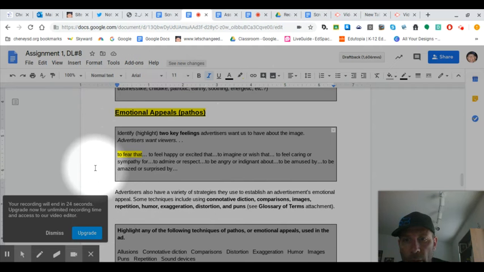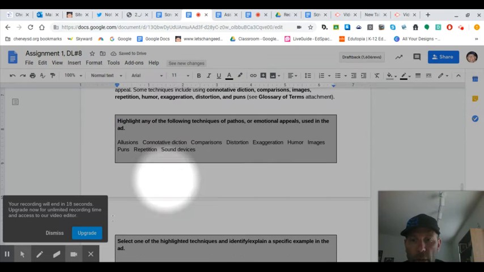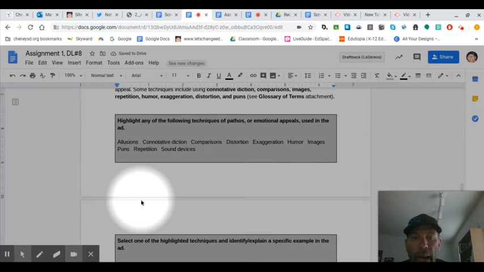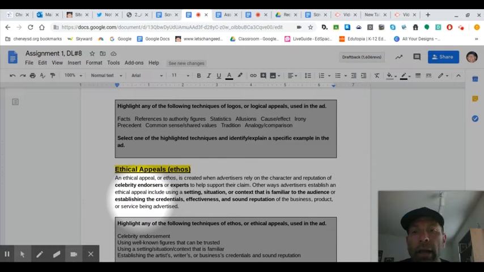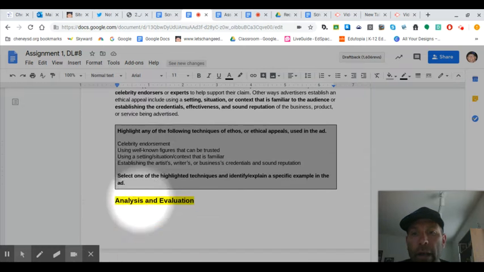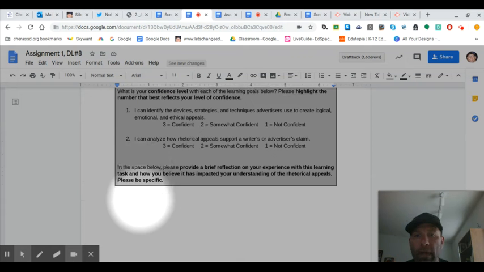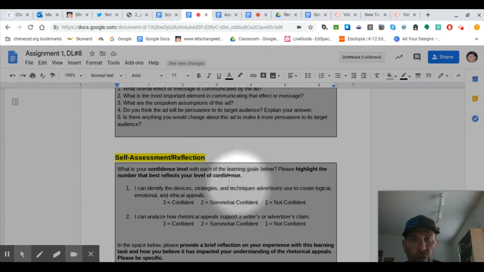It looks to me like our recording is going to end here really quickly, so I'm going to undo that. Basically, guys, you just want to continue to make your way through this, answering all the questions. Again, the glossary will come in handy. And then at the end, please make sure that you go through and finish this as well. I know I'm going to run out of time here. Hopefully that helps a little bit. We're only an email